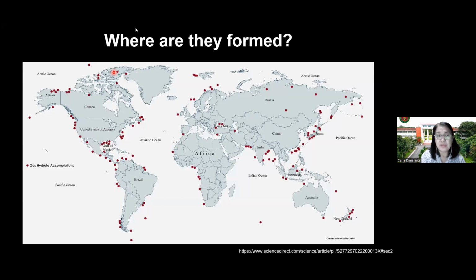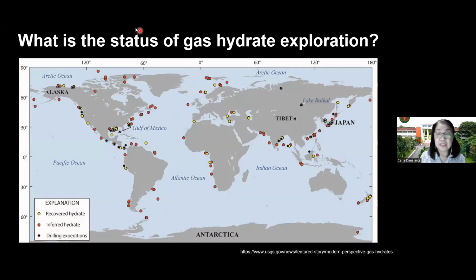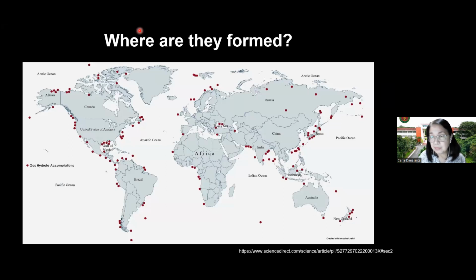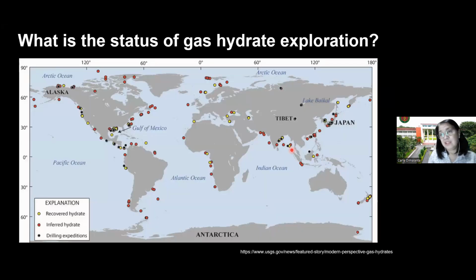So you can see all the red dots are the areas which reported possible gas hydrate accumulations. However, in 2018, you can see that aside from reporting the, pero dito, we're now going to include the Philippines for the recent work that we have done. So from 2005, this one I think is 2018 map that shows na beyond reporting the presence of gas hydrates,